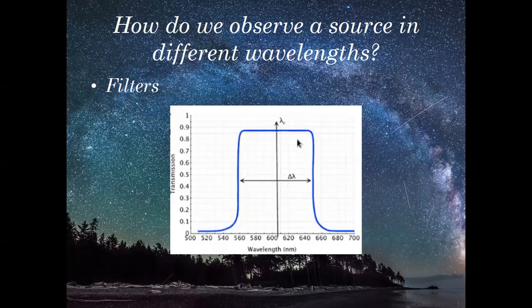Okay. So for example, as you can see on the screen, the observation is being done between 560 nanometers to 660, somewhere around 650 nanometers. Okay, so this is the range of observation. Basically the spectrum was the entire electromagnetic spectrum, but out of the entire electromagnetic spectrum, we are only choosing the wavelengths between 560 nanometers and 650 nanometers. Because depending upon your choice of study, you basically want to study that particular object in a given wavelength range. So what you are getting is a continuous spectrum which has n number of wavelengths ranging from some values, but out of that you just need to study a specific part of wavelength.